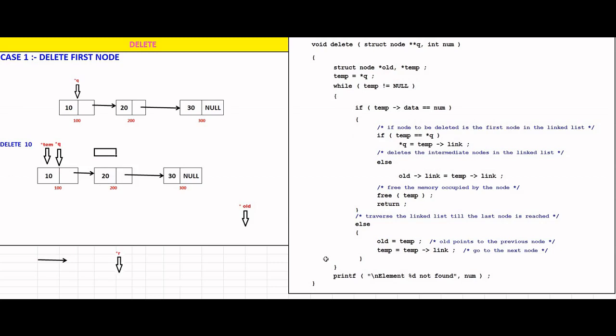See, the while loop ends here. So if your temp is not null, we are going to execute this code. So temp is not null, we come here. Is temp of data equal to number? Temp of data is 10 and our number is also 10. So we found a match. So if it is, we come here. If temp is equal to q,